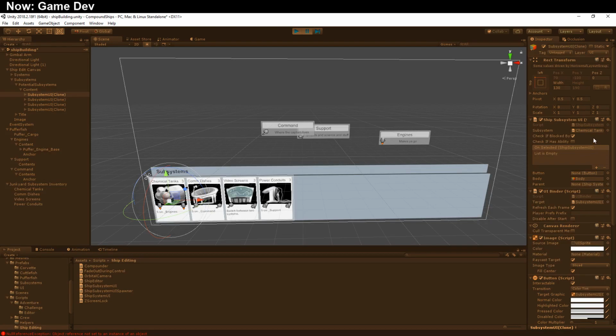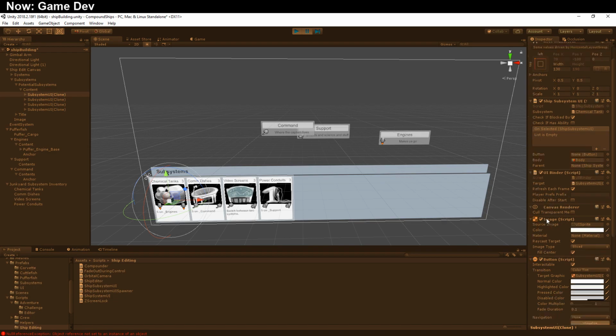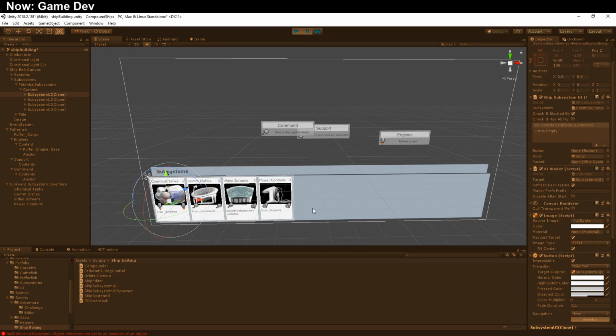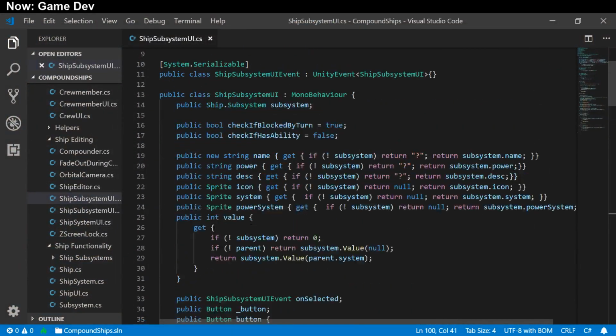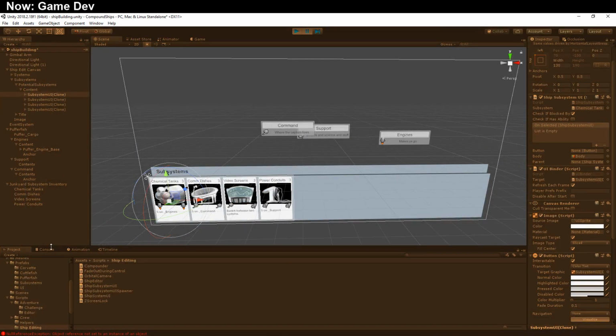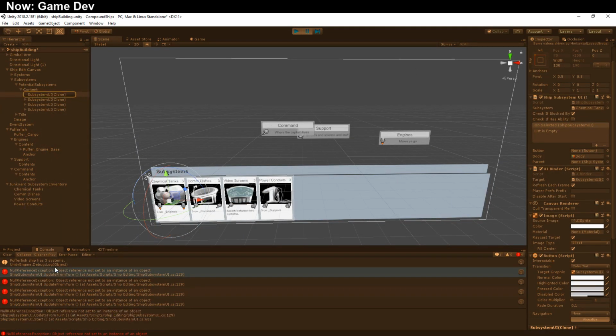But still, the problem here is that this ship subsystem UI is just calling a generic select command, and it's not actually doing anything on its own. The generic select command is right here, onSelected.invoke this. There's something listening for the onSelected.invoke this. If we take a look down in here in the console, and we actually select something,